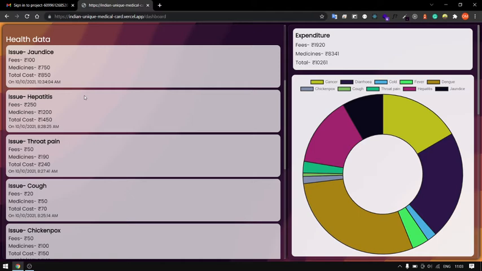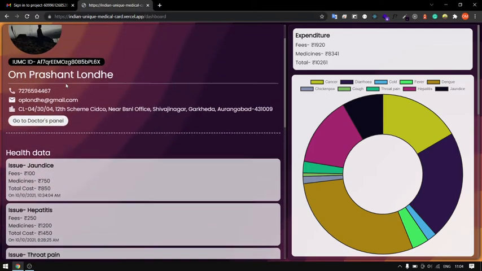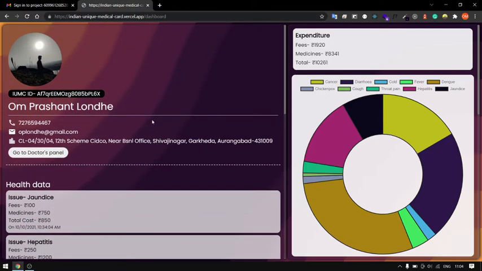First, the issue, that is the health issue caused to that patient, the fees that the doctor has taken from that patient, the cost of medicine, and the total cost, adding the medicine cost and fees. Below that there is a date and time in the format month, date, year, comma, timestamp. These are all the data which I entered, and it is populated because I was entering this data while testing this application.